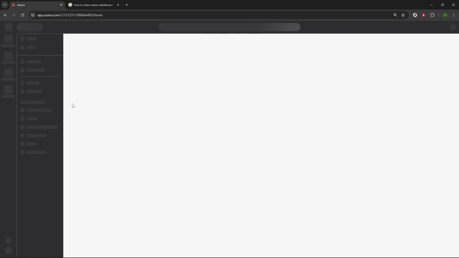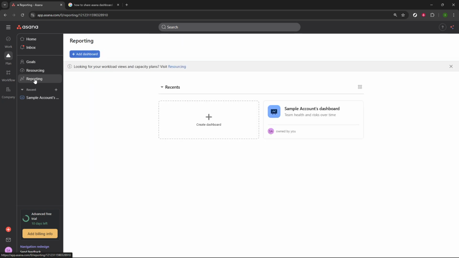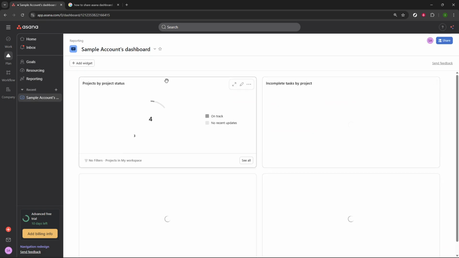reporting. Once you're in Asana, look to the left sidebar and click Reporting. This section brings together dashboards across your projects so you can monitor progress and trends in one place. From here, open the dashboard you've already created. If you're managing multiple dashboards, choose the one you want to share so the next action applies to the right